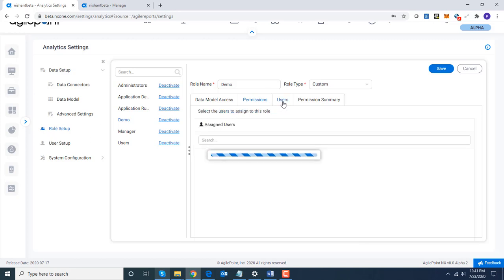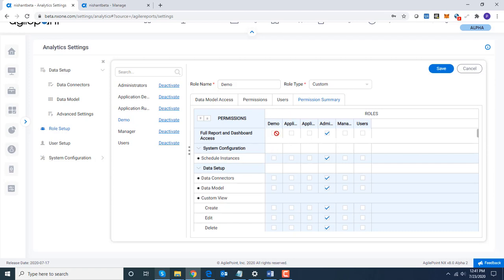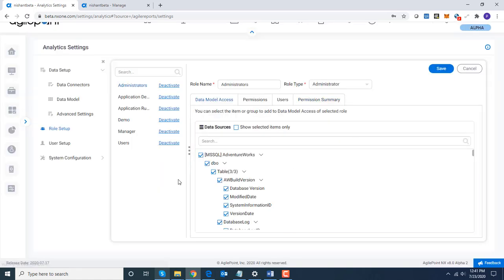Now moving on to the third tab, you can see the list of users which are available under this role. And one other good feature is I can click on permission summary and I can see a side-by-side comparison of all the permissions given to various roles. Now I'm going to click on, say, an administrator role over here. One of the things I talked about is that you can assign users and create these roles, but you're not supposed to do it manually from here. There's a much easier experience.